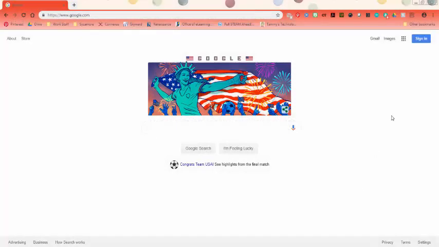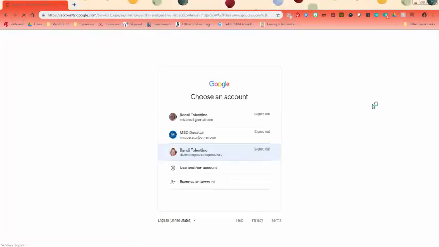From google.com, click on Sign In on the upper right hand corner. If you have a personal Gmail account, it may show it here when you go to sign in. It may also show your Decatur Proud email account when you go to sign in. If you do not have a list of Gmail accounts, then you'll just click Sign In and sign in with